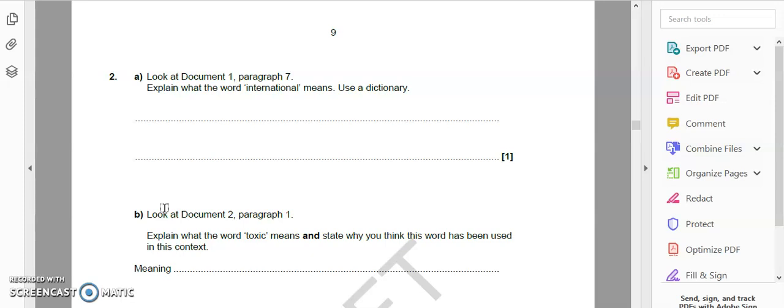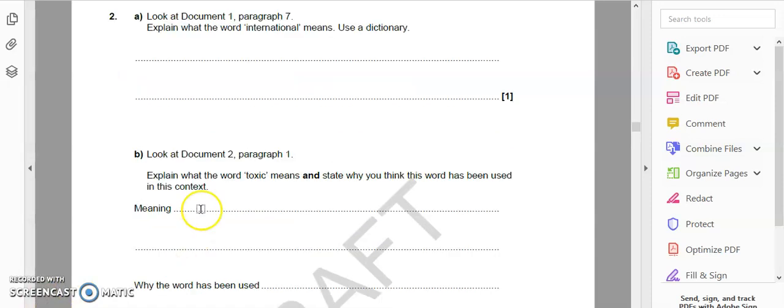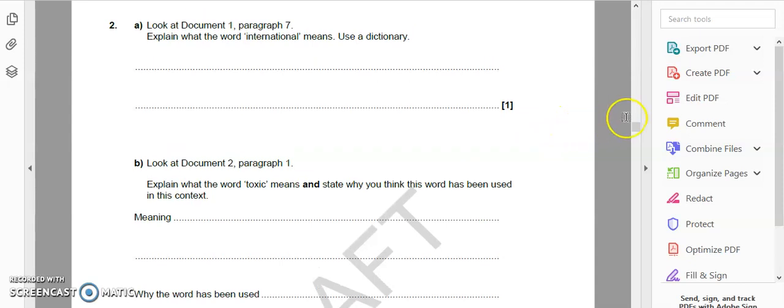So what you'll need to do here is look at document 1 paragraph 7, and explain what international means using a dictionary. Now, do remember, when we were looking at the videos on this earlier on in the Moodle course, you've got to think about why the word has been used in this instance. So, pause the video and see what you can come up with. Okay, so in this case, international is probably going to mean involving more than one country. And if we look back at the original document itself,